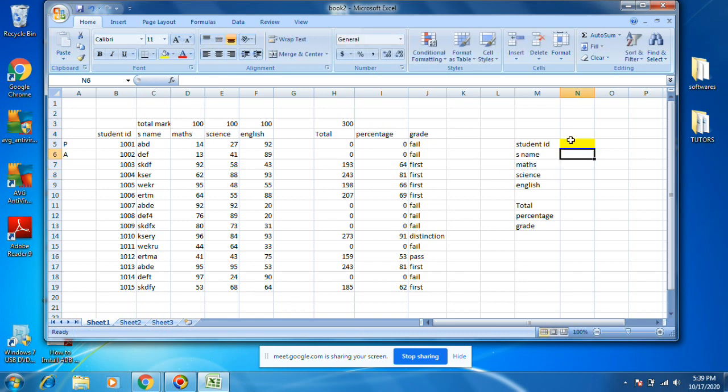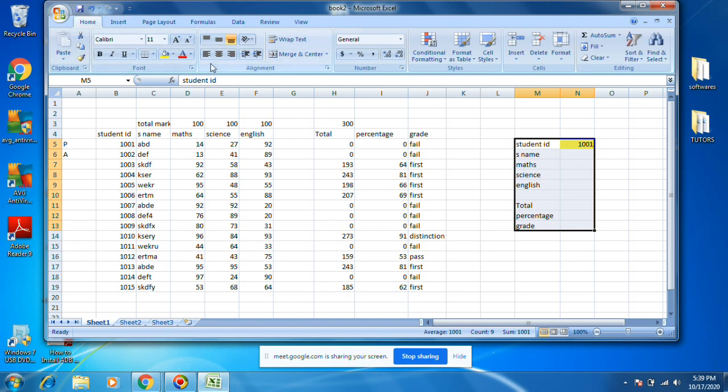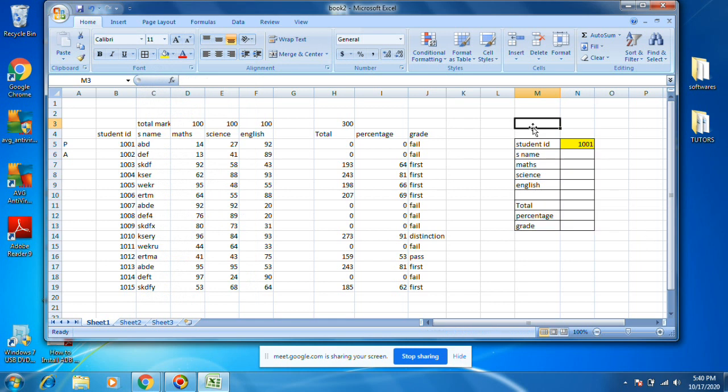If I enter student ID 1001, the student name ABD, math marks, science marks, English marks, the total, percentage and grade, all things should come in this table. Let's format this table. I want to get everything here.